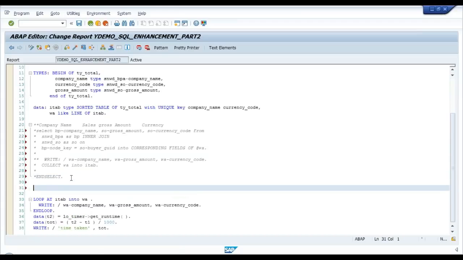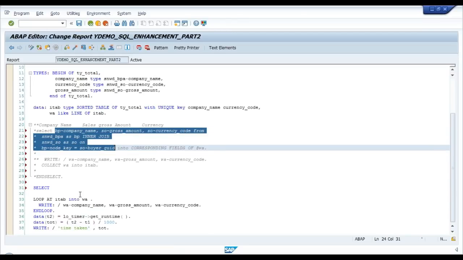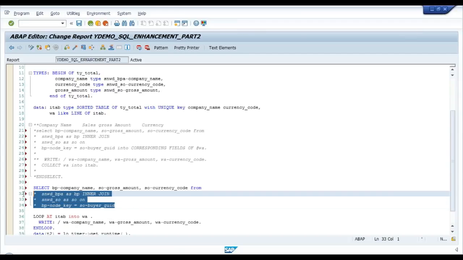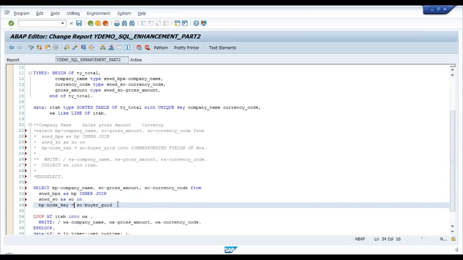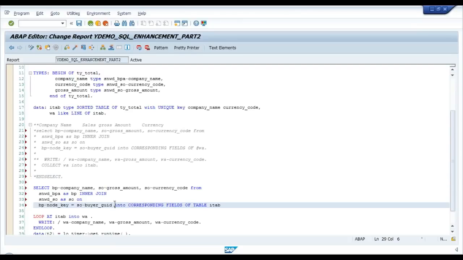Very simple. You can write this select, same columns yet again, same join condition yet again, all that is the same. So I've just reused the same piece of code. Inner join also same thing. And now after this, you say into corresponding fields of table itab. This way you are hitting the DB only once, because it's not a select and select. Select and select is a loop on a database table. It pulls records one by one and pushes them into the application layer. But here you are getting all the results finally in one shot with one single hit to the DB in your internal table. This is one point of improvement,